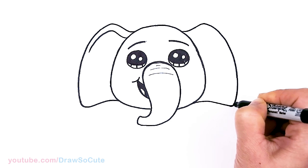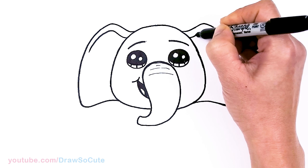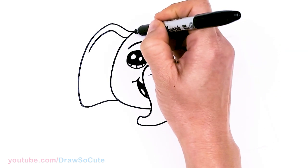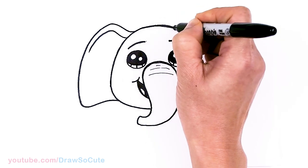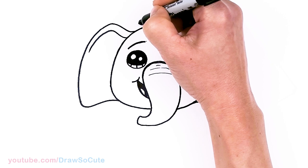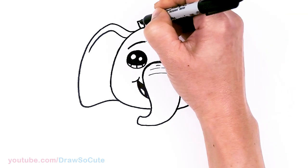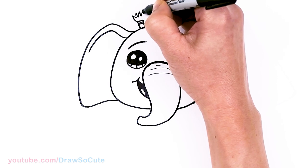And connect. And same thing right here. And taper it off. And so then from the top right here, we need to draw some hair. So let's come about right here. And I'm just going to pop out these two lines, connect it, add a little band and some hair, zigzag